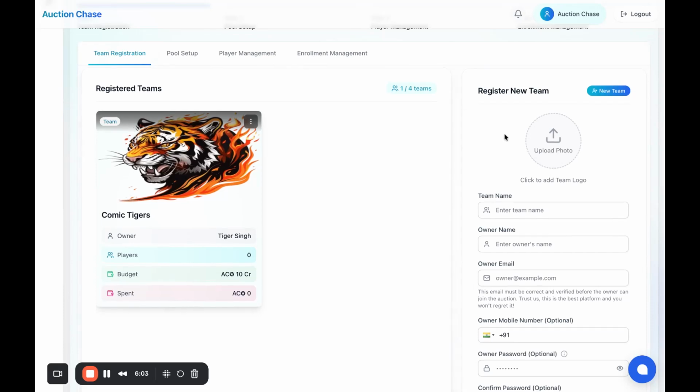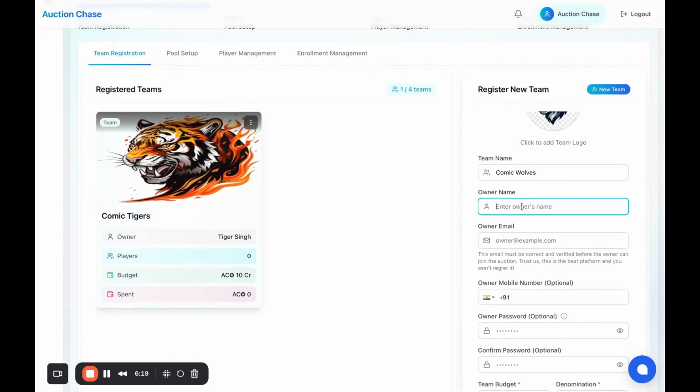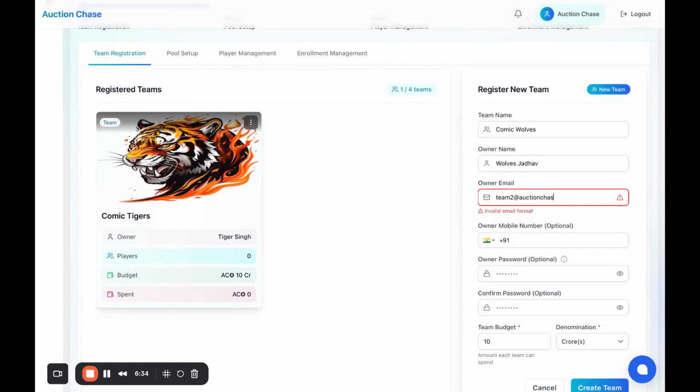Now, just to repeat the same process again, for better clarity, I will add one more team, Wolves. Email for this user as well. So obviously, if you add the same email for all of them, it won't work. So basically, ensure that you have all the 4 emails for testing the application as well, and for real auctions as well. Otherwise, you would be stuck here, and if you add some fake dummy emails which do not exist,